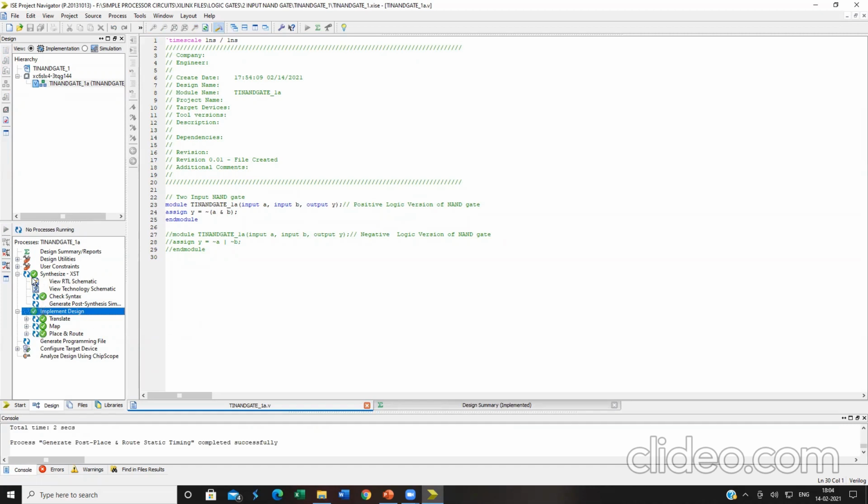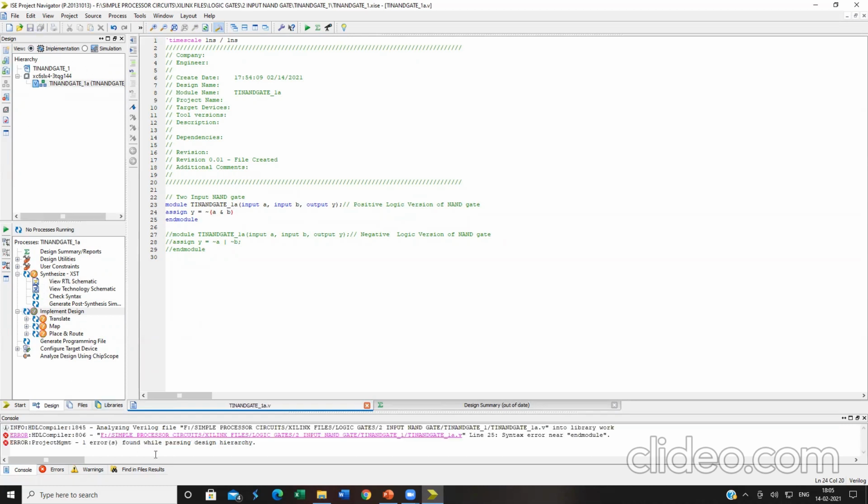Now over here, if my program is entirely correct, it will come with a green tick. If I have any error, for example, there is no semicolon over here, it will come with a question mark.